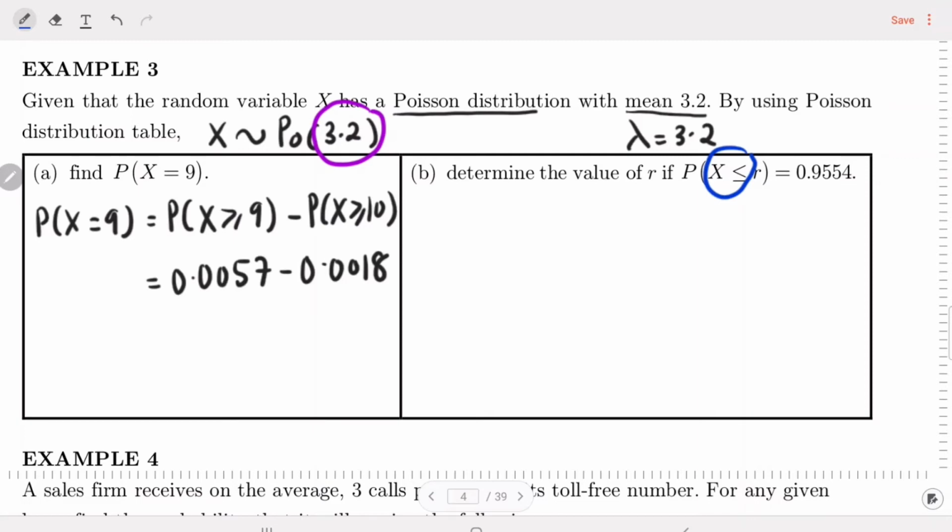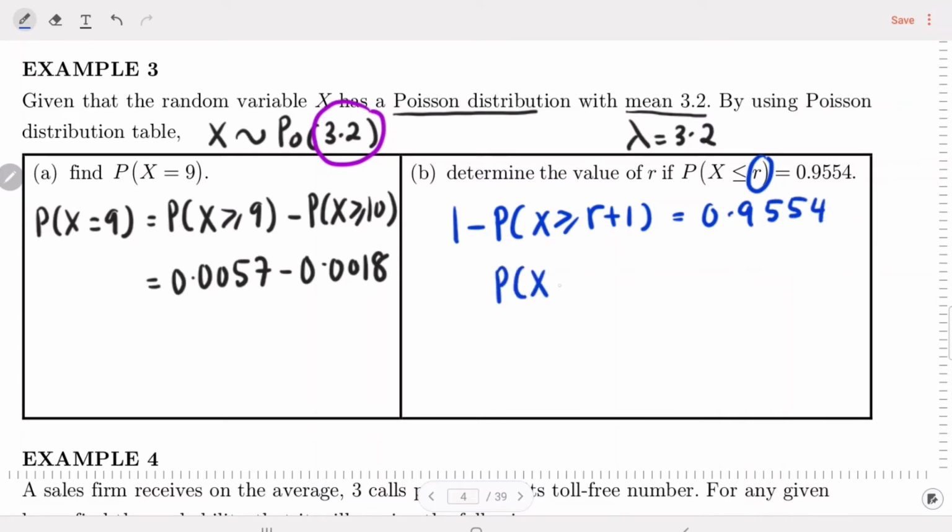So probability x less than or equal to R is going to be 1 minus probability x greater than or equal to R plus 1, which is 0.9554. Rearrange until probability x greater than or equal to R plus 1 is the only one left on the left. So 1 minus 0.9554,